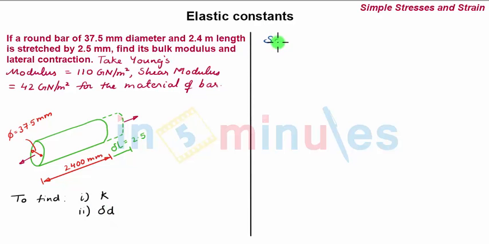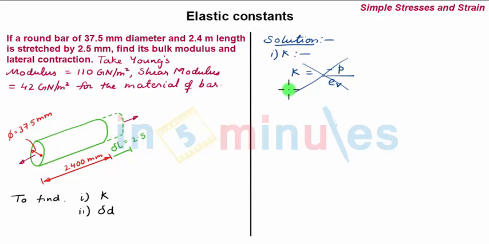We now start with the solution. First part, that is to find K. We can find the value of K from the simple relation K is equal to minus P upon EV. But since the load is not given, we first have to find the value of P, or the stress in the x direction, by using the delta L equation. Then we have to find the volumetric strain, which is the longitudinal strain plus the lateral strains. But since we do not know the lateral contraction, we won't be able to find the lateral strain, hence the volumetric strain. So we cannot find the value of K from this formula.